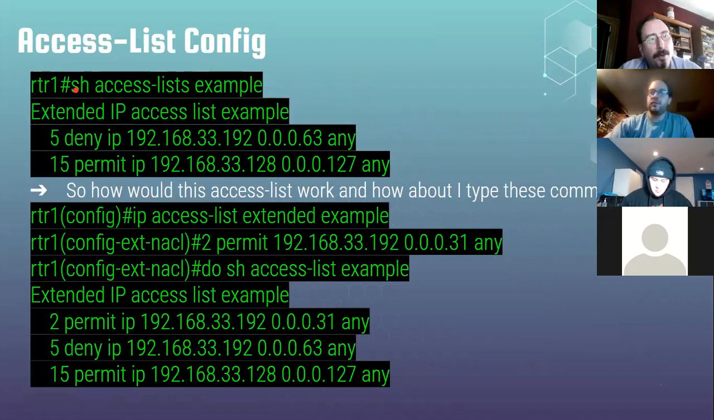So if I go to enable mode and do show access list example, right? Here's the actual extended IP access list example. Even though it only lists 2 lines, there's actually 3 lines because remember you had that deny IP any at the end of this, right? So we got our first line, which is 5. The first line is 5 deny IP